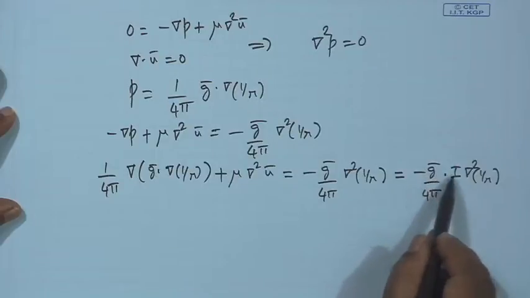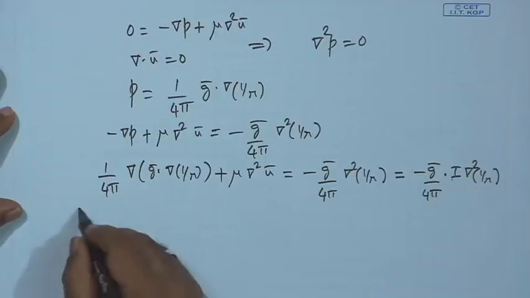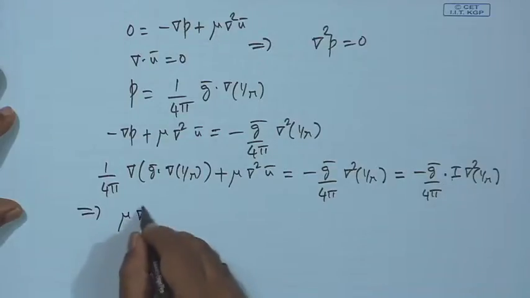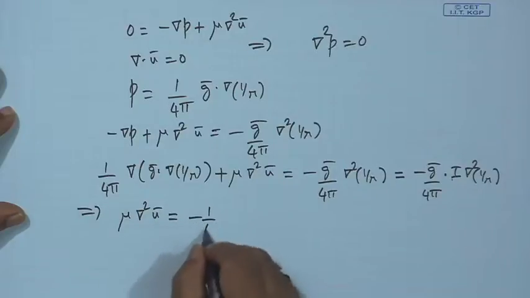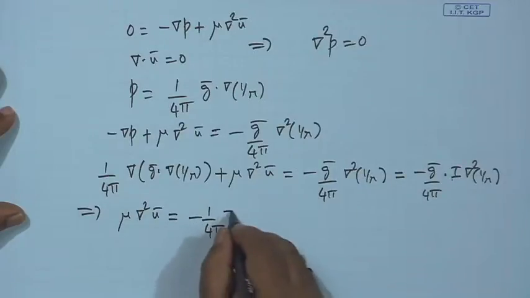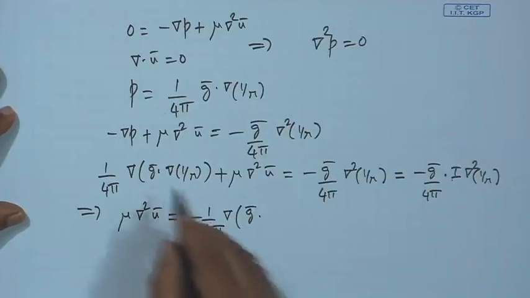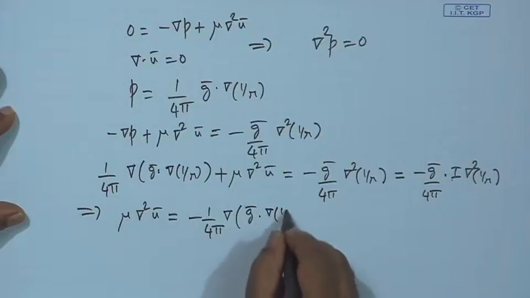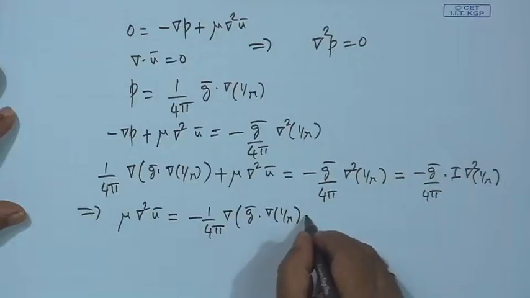Okay. So, with this we can use. Okay. So, now from here minus 1 over 4 pi, gradient we take common. So, this term is this, then this term